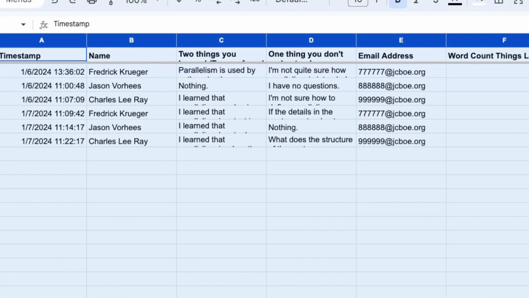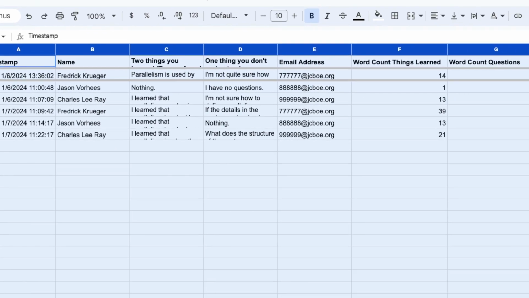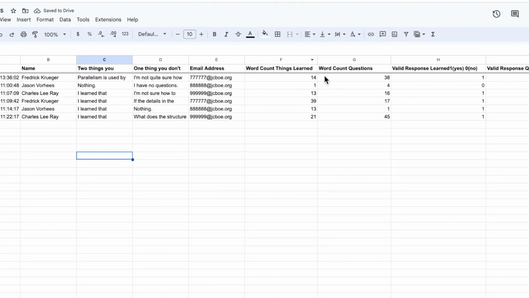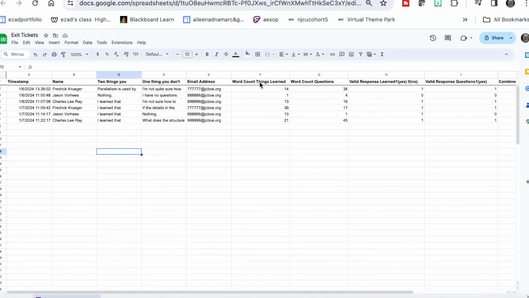I like to view everything as such, especially as it makes it easier for me to look at the calculations yielded by the formulas I have in various columns, the results of which will also automatically update with each student's response. For instance, I have formulas in these two columns, which are conducting a word count for each item in the